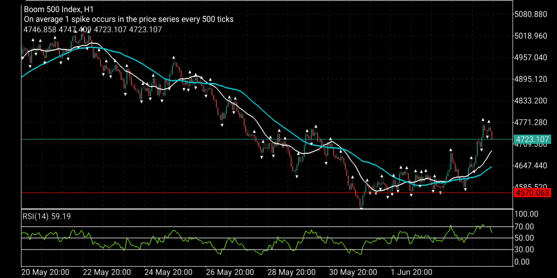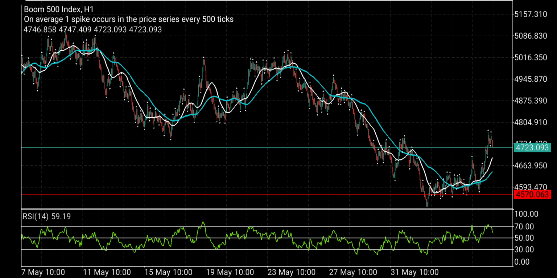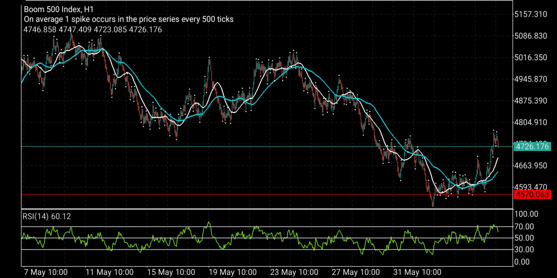So this is Boom 500. Let's see what this guy is saying. Normally we know that the normal movement of Boom is a downtrend. If you are trading Boom on an uptrend, then you are trying to catch the spikes. The downtrend came all the way to here, then we saw some uptrend, but right here there is a kind of